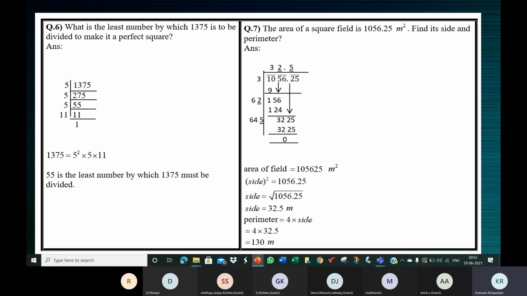Okay, children, let me give you more time to think because I have one more question for today's session. I can see you all finding it a little difficult to work this one, but I want you to do it on your own. I don't want to explain the entire thing. If you have any questions, you can ask me. I'll clarify that. Let me give you the next question now.